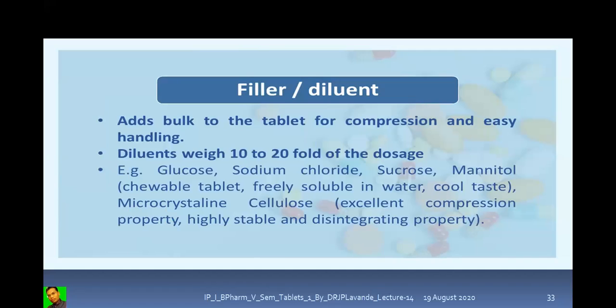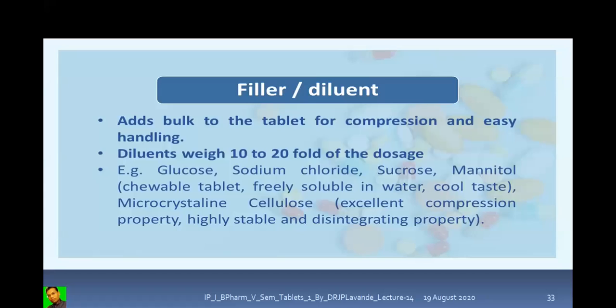Then there is another excipient, which is said to be the filler or diluent. Now, what will this filler and diluent do? Just concentrate on the term filler. That means they are going to fill the gap, isn't it? Now, which gap? Let us say, for example, the weight of the tablet is 100 milligrams, and if you see the label, it will say 1 milligram XYZ tablet. So this 1 milligram is the active pharmaceutical ingredient, but the actual weight of the tablet is 100 milligrams. So how is this 99 milligrams obtained, how could it be filled? This is filled with the help of the filler.